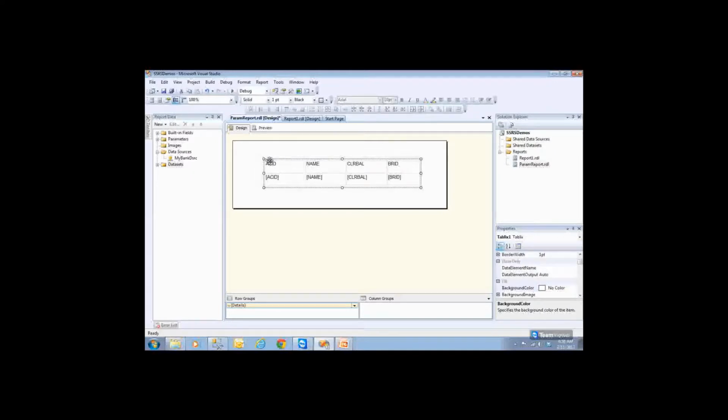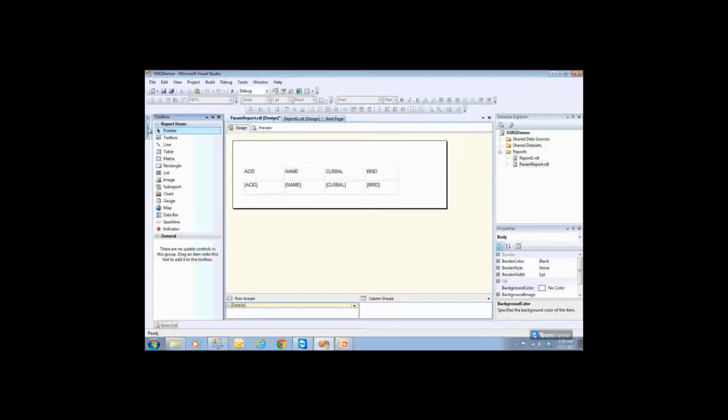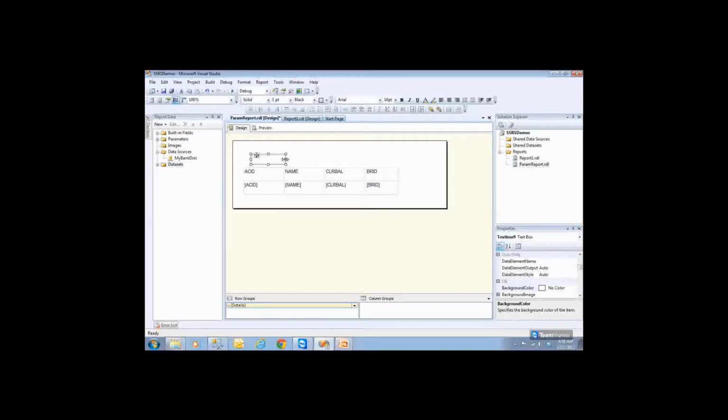Now this report is a perfect report which I have created, a table report. And above that, give the report name. To give the report name, I'm taking a text box and dragging and dropping it. I keep the text box here so that you can provide the name to the report. So neatly align it. Then double click here.